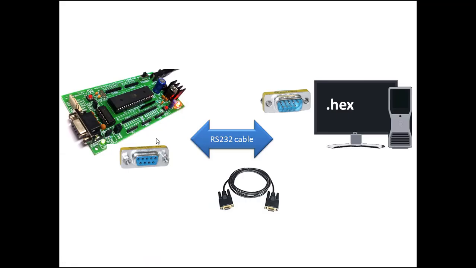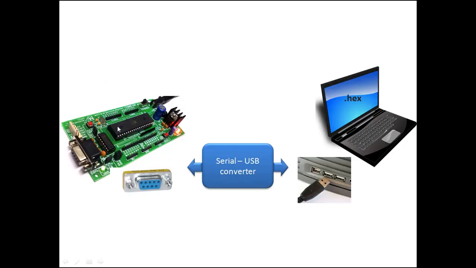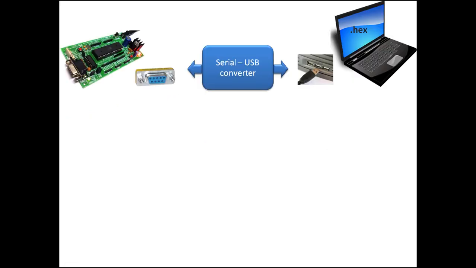If you are using a desktop PC with a serial port, then you can easily send data from the PC to the microcontroller using the serial port. You only need a MAX232 IC at the microcontroller side for voltage level conversion. But if you are using a laptop, normally modern laptops don't have a serial port. In such a condition, we need to use a serial to USB converter to transmit data from the laptop to the microcontroller.